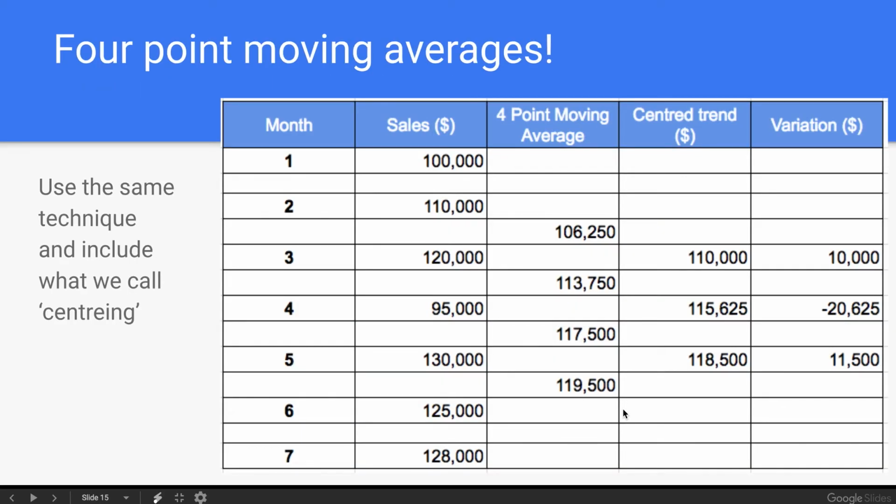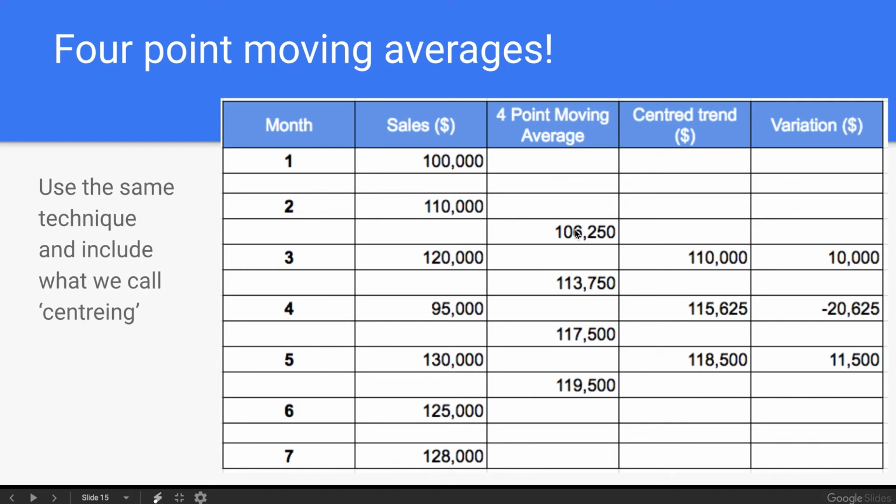So literally what you're doing in the centered trend is, now you're adding 4 of these together. Instead of 3, you're going to do 1, 2, 3, 4. All right? So you're going to add up 100,000 plus 110 plus 120 plus 95 divided by 4, and that gets you